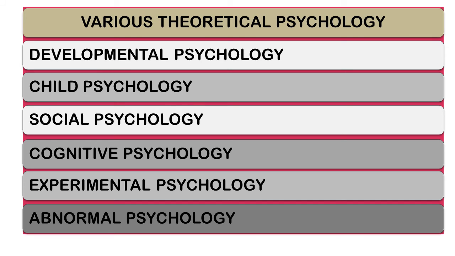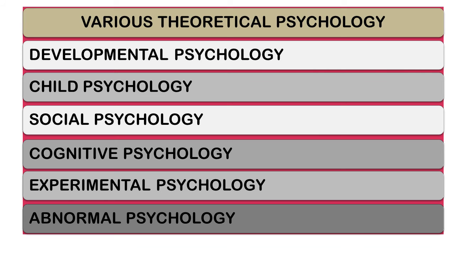What is developmental psychology? It is a scientific study of how and why human behavior changes over the course of their life. Child psychology studies the subconscious and conscious childhood development, that is, how children interact with their parents, themselves and the world. This helps to find out the mental development of the child.